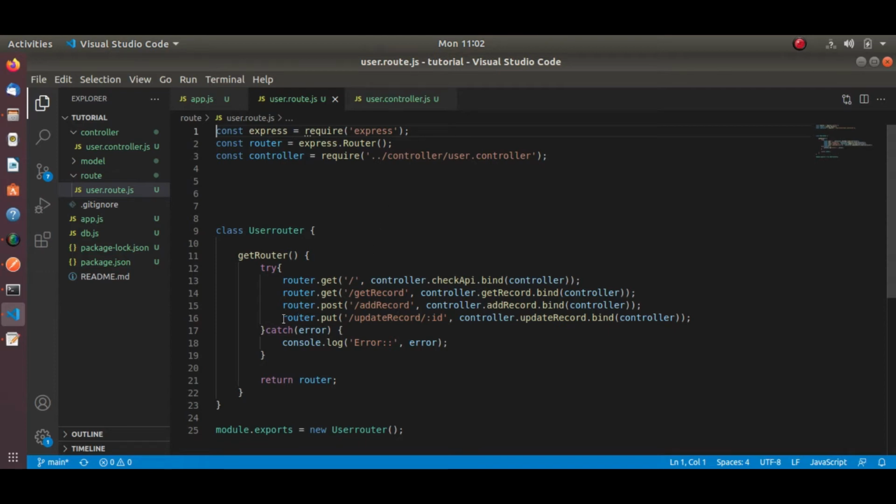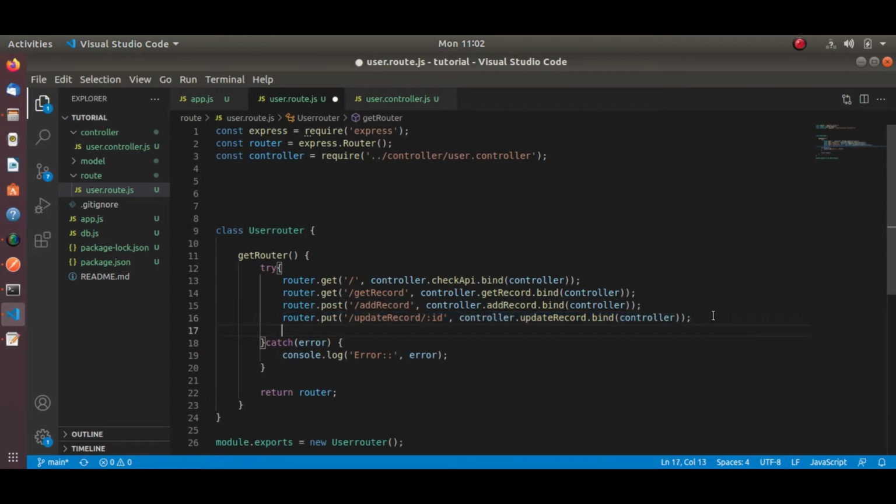Let me put one more router for it. Let's say I am making it search record.